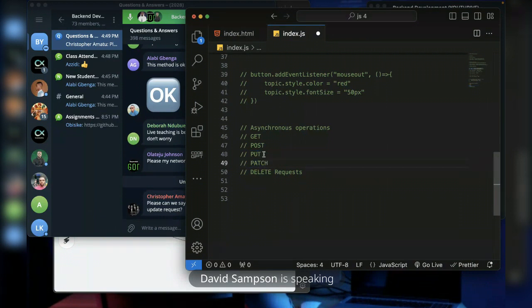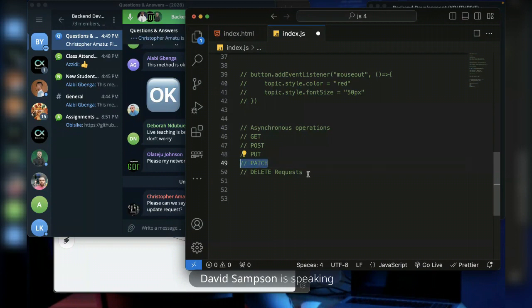A put request, the user is asking you to update all their information with new information. But a patch request, the user is asking you to update just a part of it, maybe their first name only, or maybe their first name and last name only, or maybe their course only, or maybe their age, or maybe their profile picture. So they are not updating all their information, but they are updating a part of it. That is what we call a patch request.